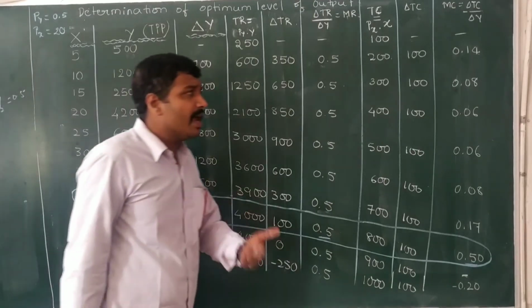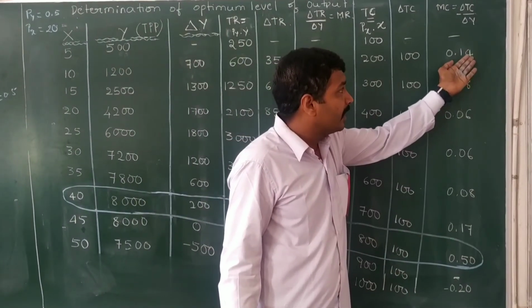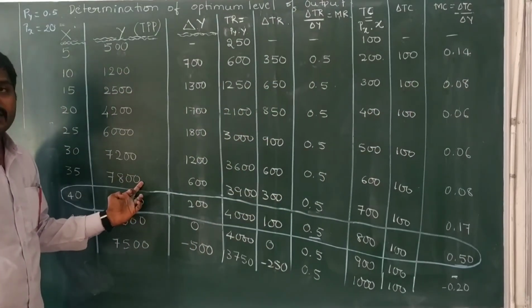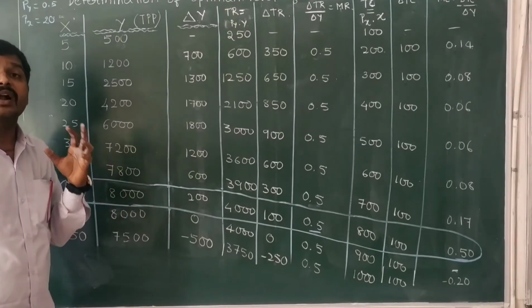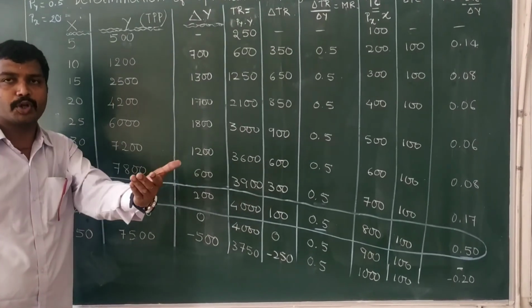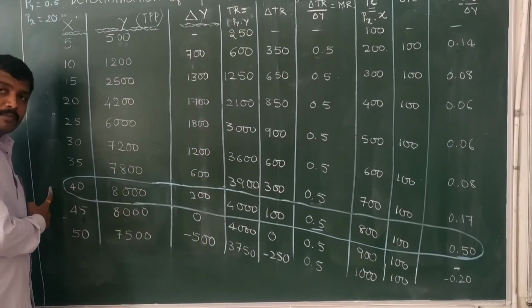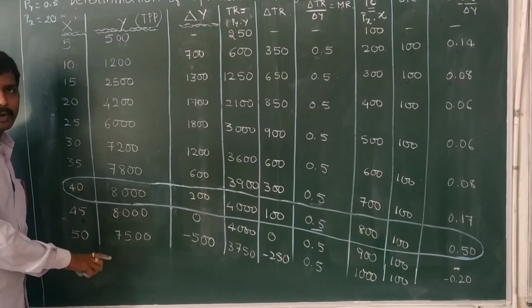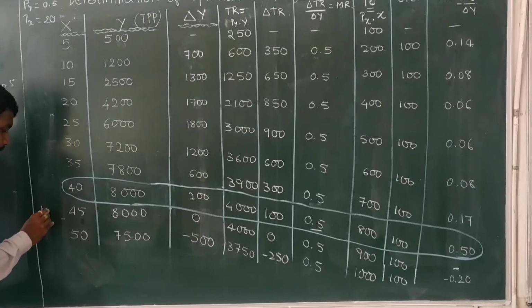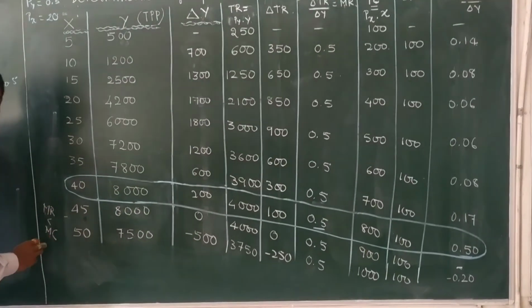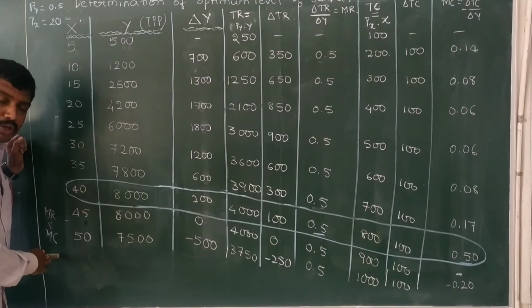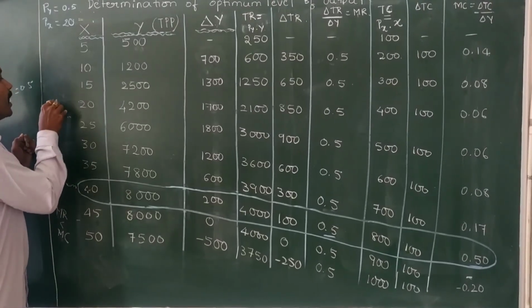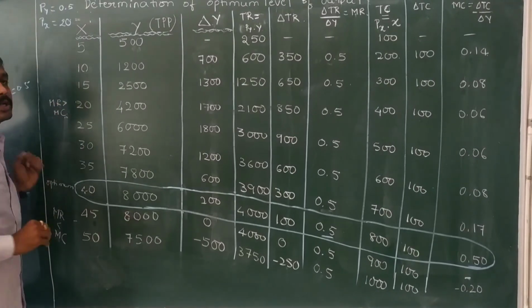So again we can interpret that if the farmer is producing at this particular level of output, then we could say that it is underproduction. So the farmer should continue production. This is the optimum level of output production, and these two levels of output production we can call overproduction. Here MR is less than MC, so the farmer should stop production of output. This is the optimum, and here MR is more than MC, such that the farmer should continue.